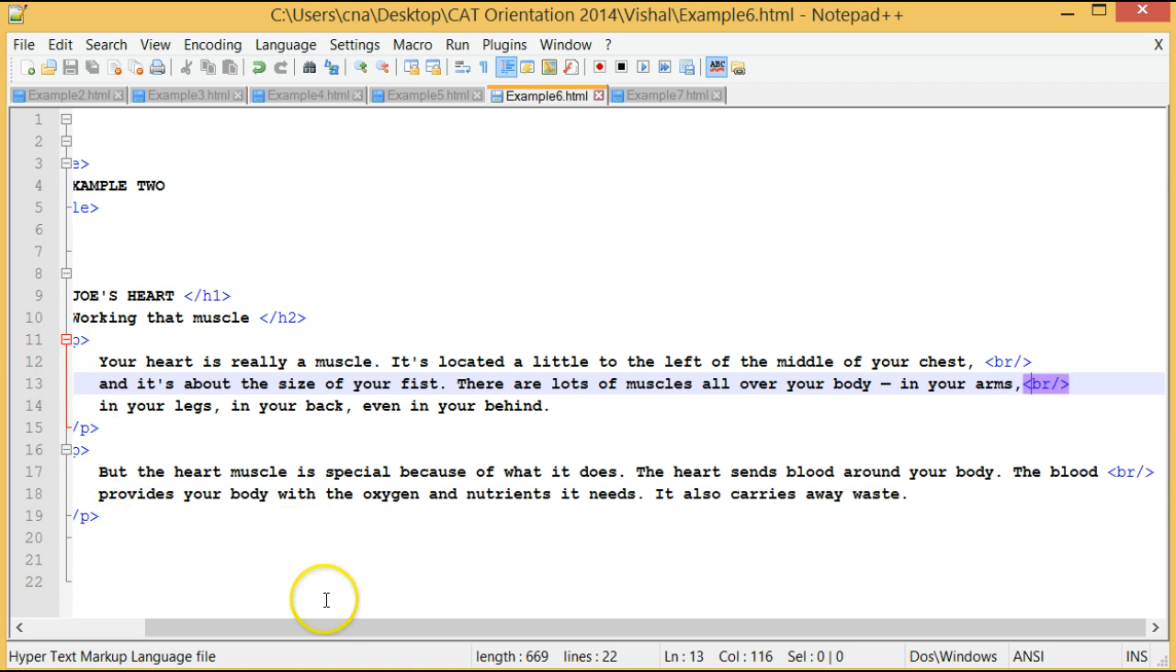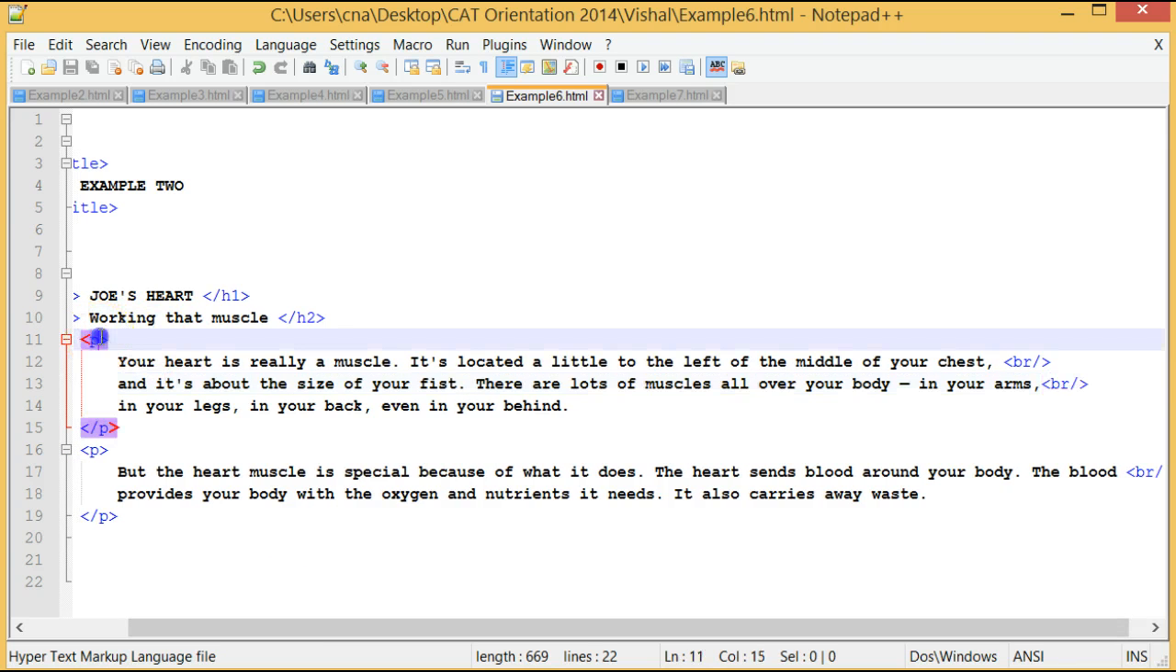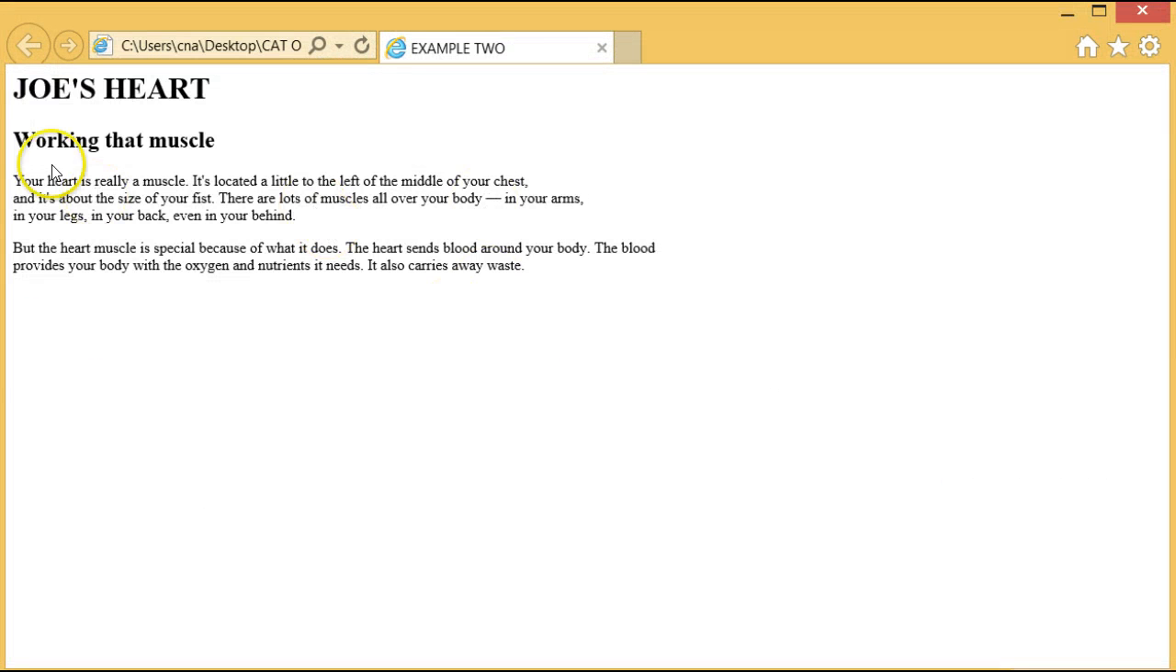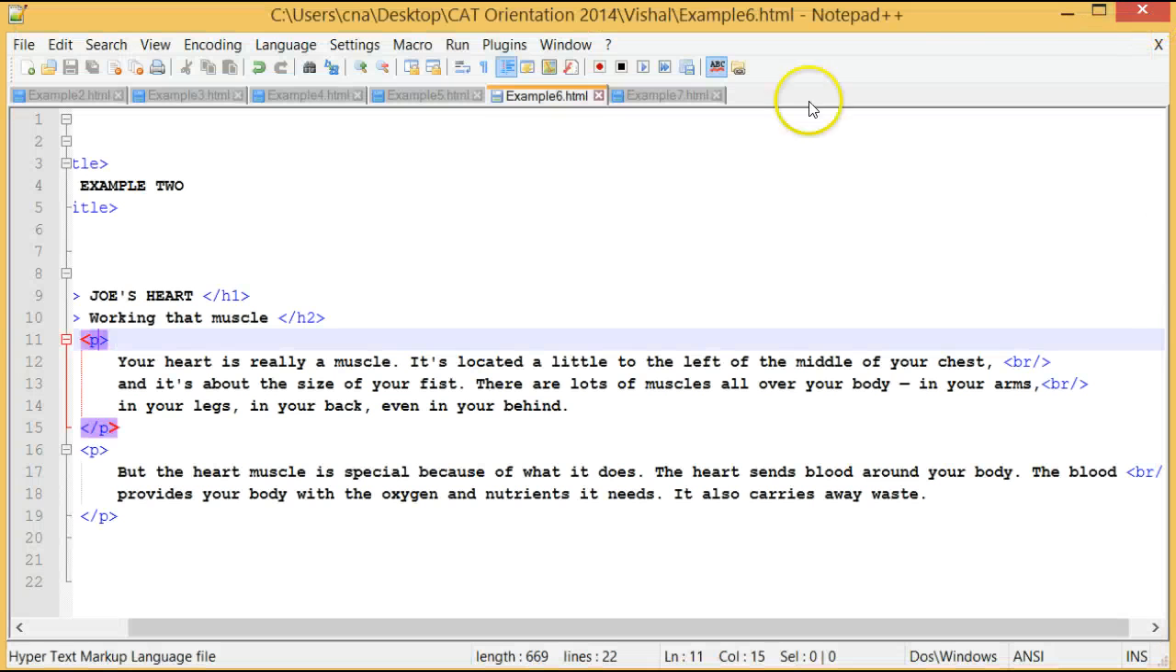And note the difference between the paragraph tag and the break tag is that the paragraph tag will leave a line before the paragraph starts, and the break tag will merely take the cursor on the web page to the next line. So if we run this program, you will find that the break tag was inserted after the comma, as well as after the comma in the second line, arms comma. Remember, the cursor is taken to the next line. Closing this, let's go on to